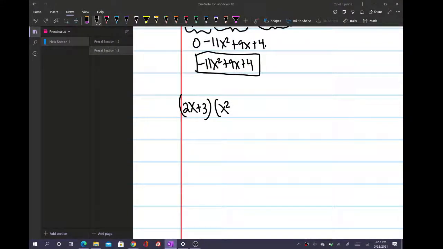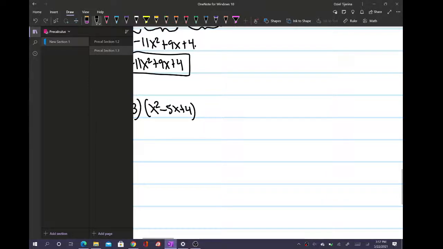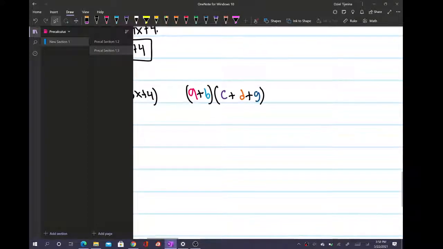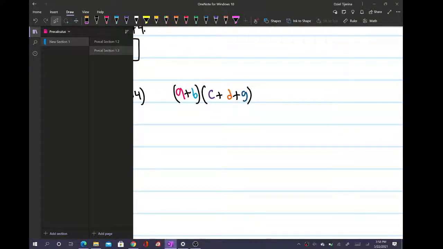Minus 5x plus 4. Right? So if the FOIL method is something you don't like to do, that's okay. We can do the following. Anytime we have any two numbers, let me write this down very quickly. Anytime we have something like this, we don't have to use the FOIL method if we do not want to. All FOIL says is it's another way to help make it easier,